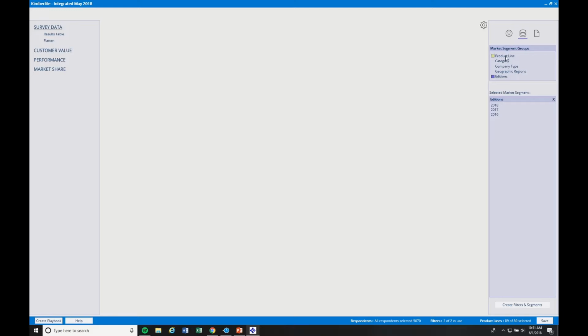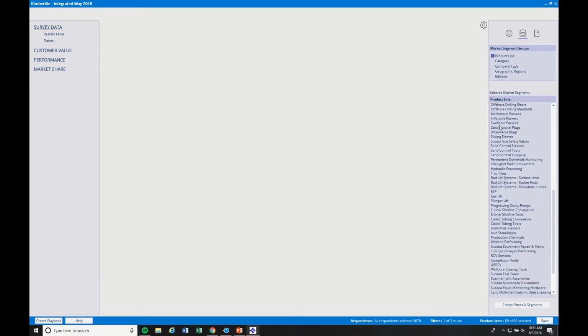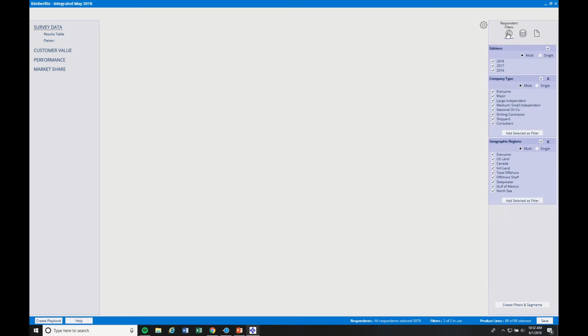Here you'll see some of the segment groups that are pre-created. Obviously, we have geographic regions and company type included in this one. We also have some other segment groups that are applicable to the integrated database, such as product service line. So this is all the product lines that are included here. But in this example, what we're going to want to do is add some of the geographic regions that we're missing. So we're going to try to make a Middle Eastern land, as well as a Middle Eastern land, offshore, and deep water filter. We're also going to create two little filters below that just to show you how to create a brand new